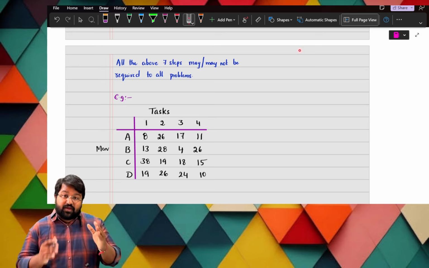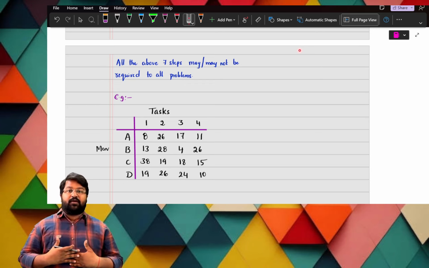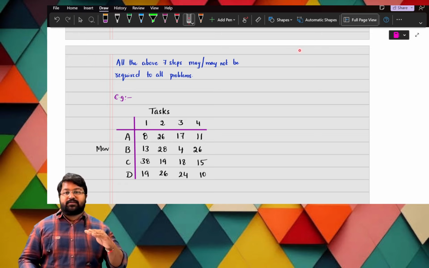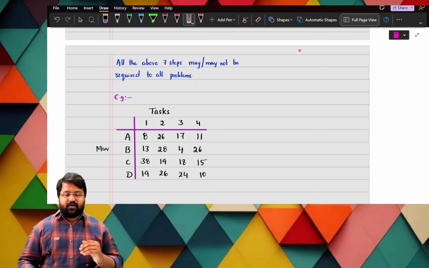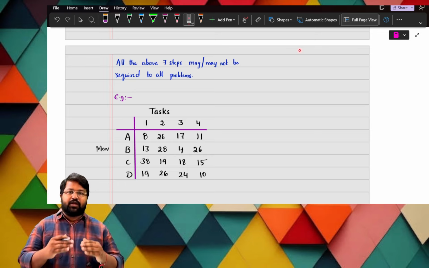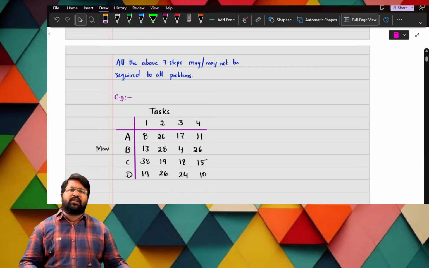When you are solving the problems in assignment, you should believe that you are the company owner. So what is the main motive of company owner? To reduce the cost to as little as possible. That is minimization. So in this also, if I assign a task to a man, I have to see the overall assignment and total cost should be minimum. Okay now, so this is the example. Based on this example, let us deal with what are the steps.